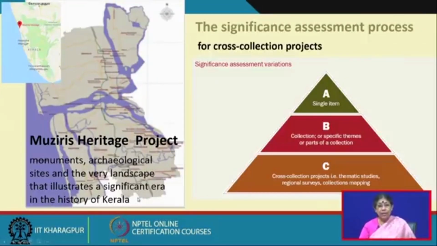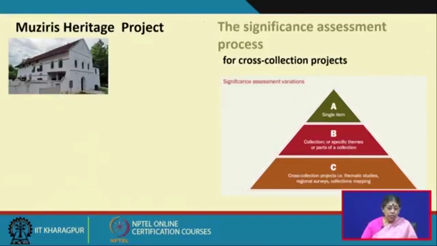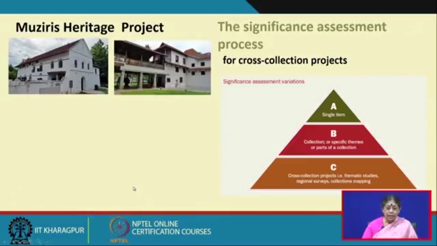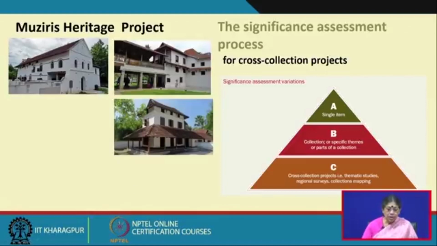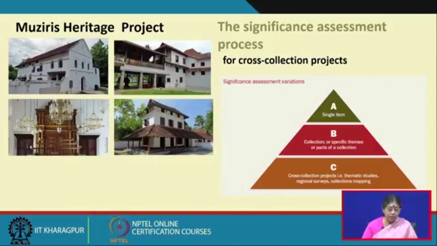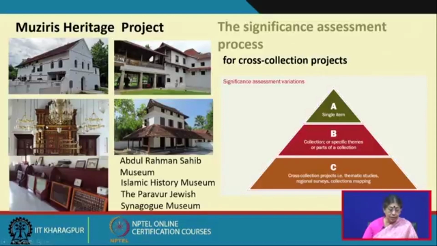So, it is spread regionally, and all of them contribute, along with the built heritage, the artifacts, the natural heritage and the archaeological sites, to signify the Muziris heritage of that time. For example, there are churches which are now converted into museums. There are different buildings with a very strong Keralite influence, but also a cross cultural manifestation. There is a synagogue; the Jews came there as traders and settled there.